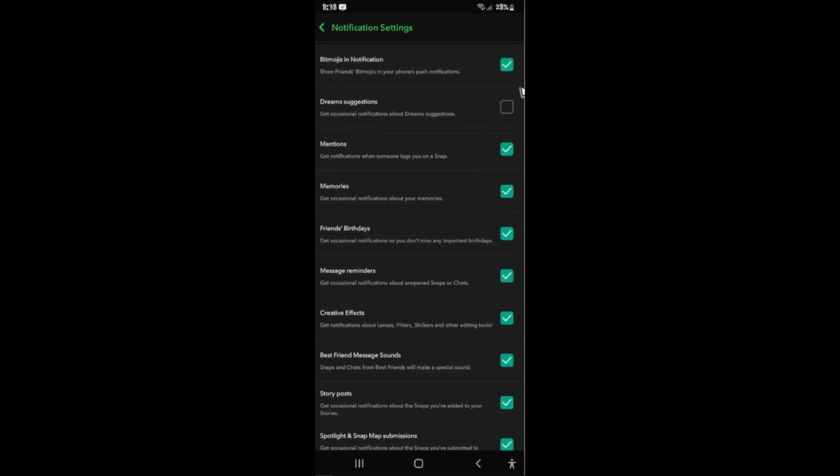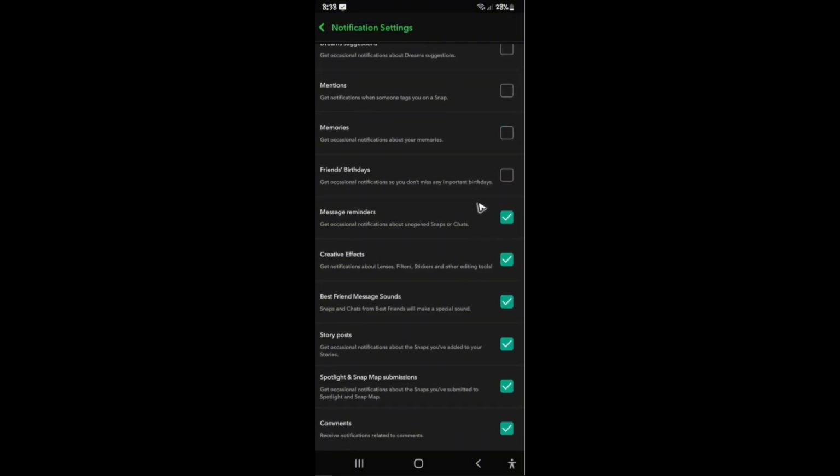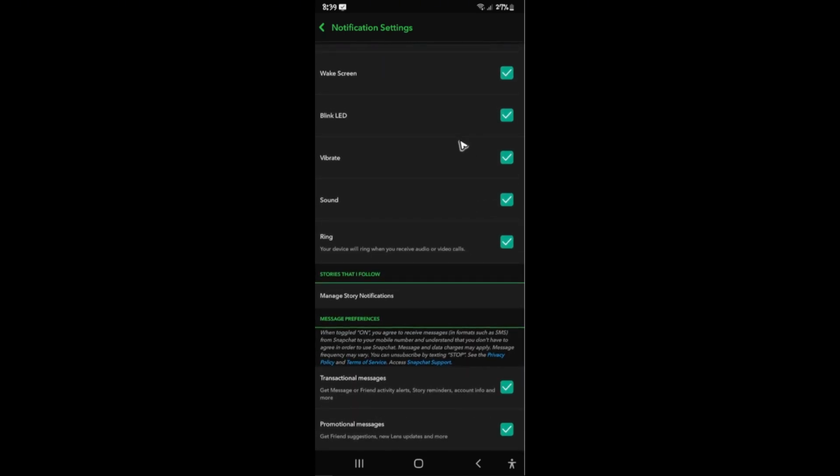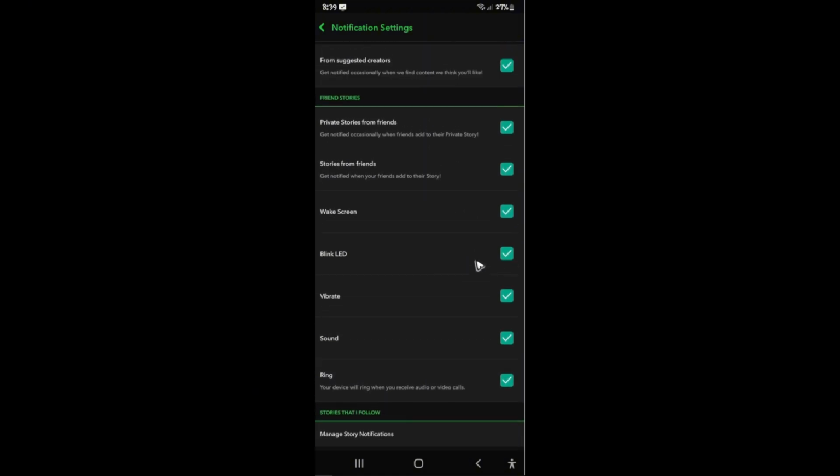And in here, you can just go ahead and customize your notifications. You can go ahead and untick the notifications that you don't want. All right. Or you can go ahead and untick everything right here. All right. Now, if you're lazy like me, you can just go ahead and disable all notifications by just going